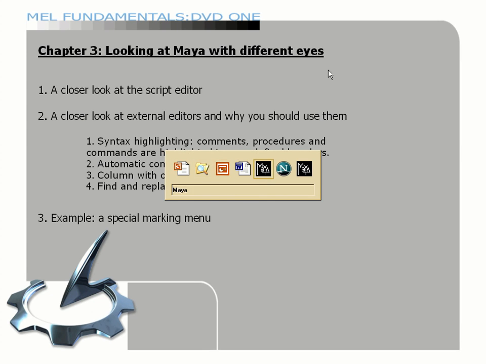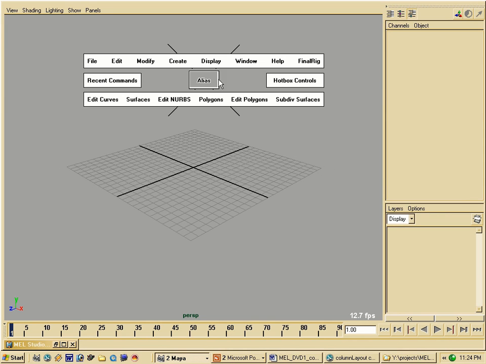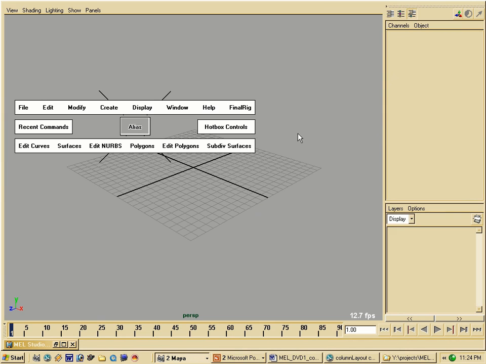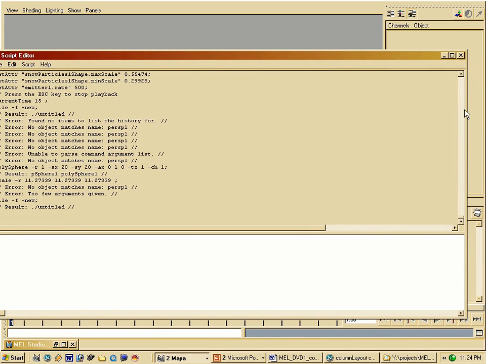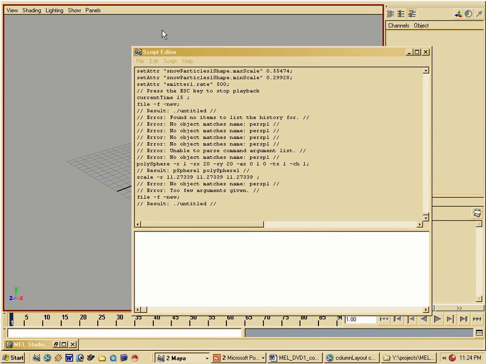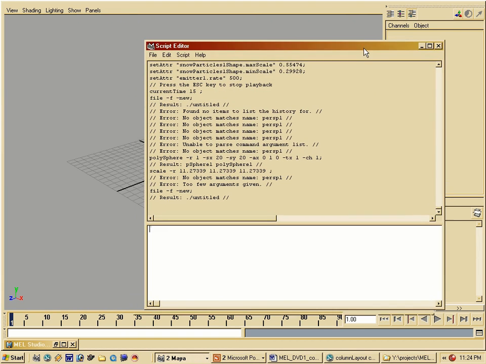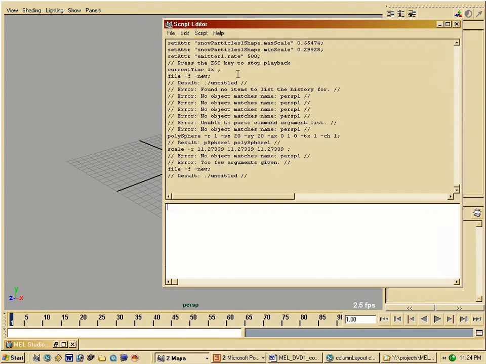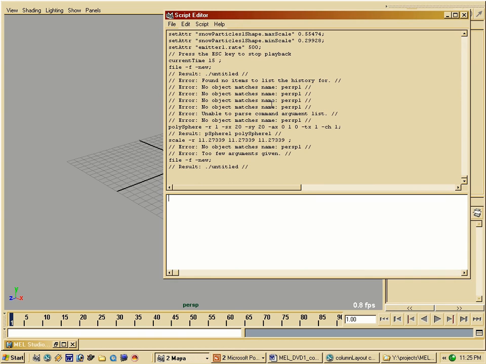Okay, let's switch to Maya and let's take a look at something very important. What I'm going to do is open up my script editor. If I go to the command line, you can open up your script editor by clicking here, script editor. Just resize that a little bit, or you can go to Windows, General Editors, or wherever it is, script editor right here. I normally use this one. I am just going to delete or clear what is in there, or actually no, let's leave it in there so you can clearly see